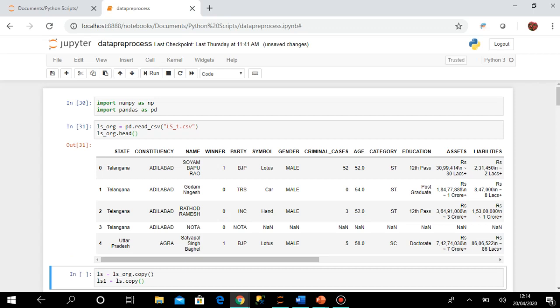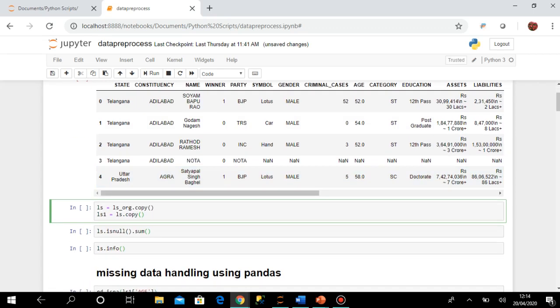Okay, so you can see that is the data. Then I'm creating 2 copies of the data set, ls and ls1, they will be just copies of this because I need them for different purposes.